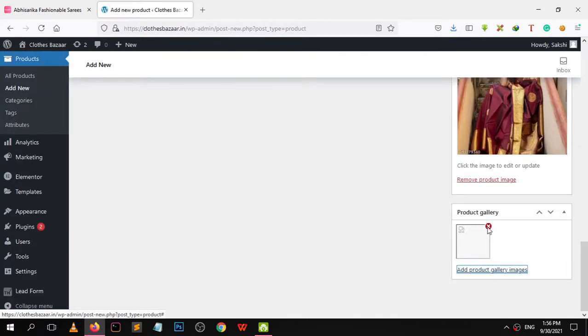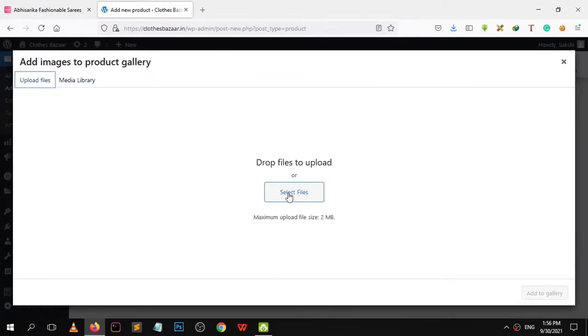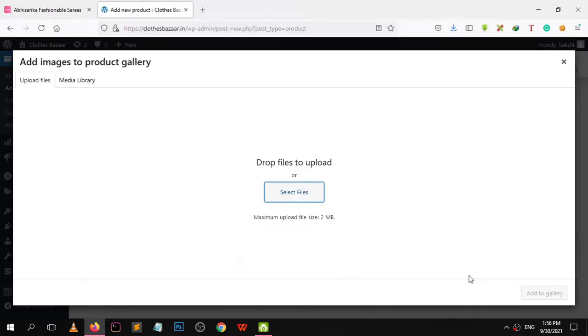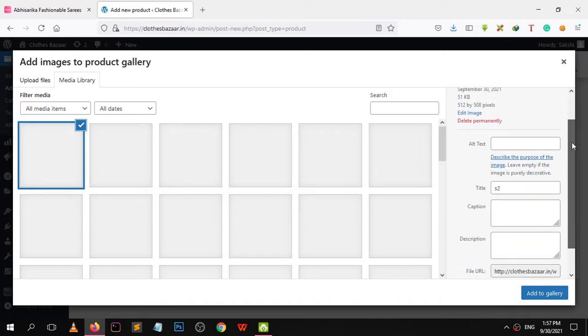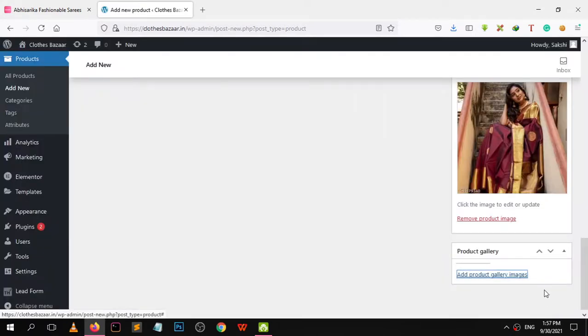It is not added properly. Do it again. Upload file as 2. Add to gallery.